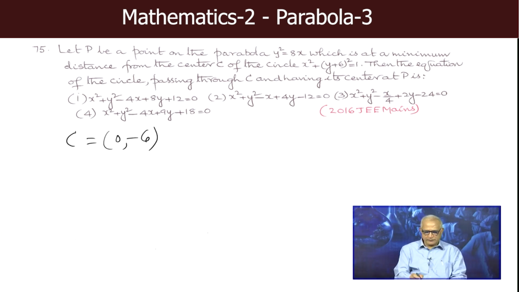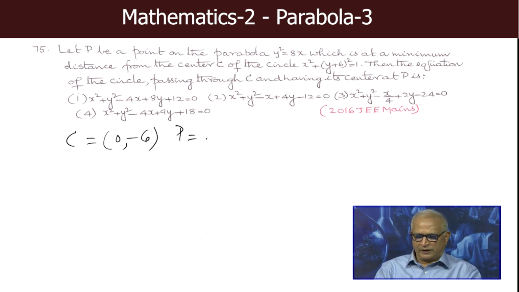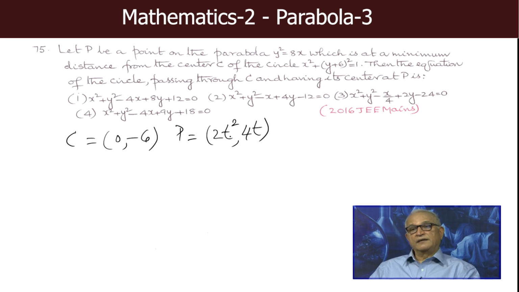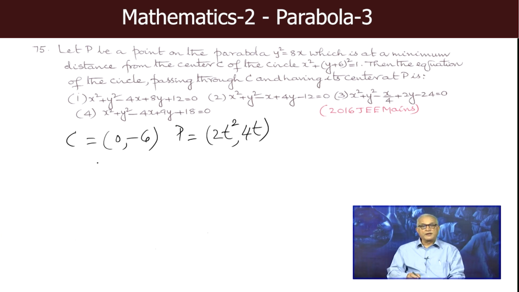Suppose this point P in parametric coordinates is (8t², 2t², 4t)... For what value of t is this point P on the parabola at minimum distance from the center (0, −6) of the circle? So CP